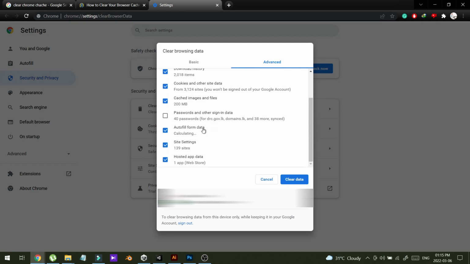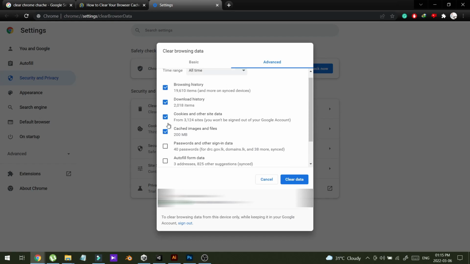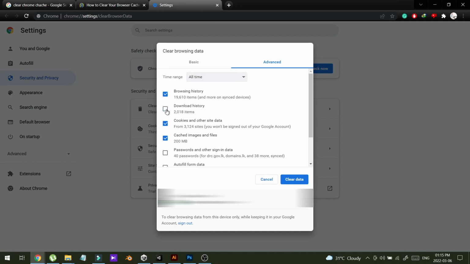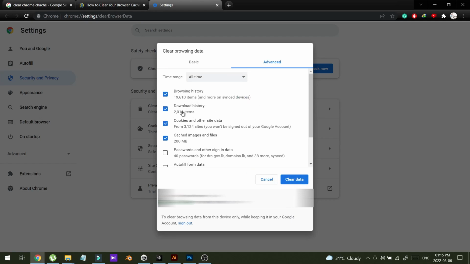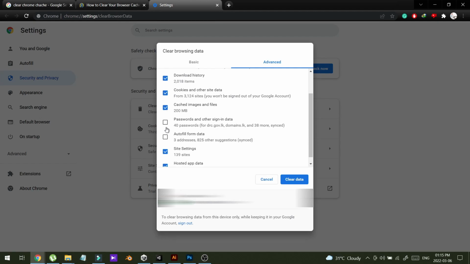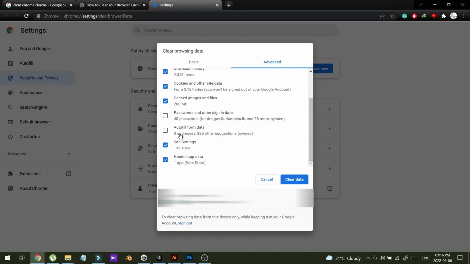I have chosen all time and I have disabled autofill and the passwords, so I don't want to remove those things. I just want to clear the site settings and other things. So I have unselected password and autofill data. Like this,